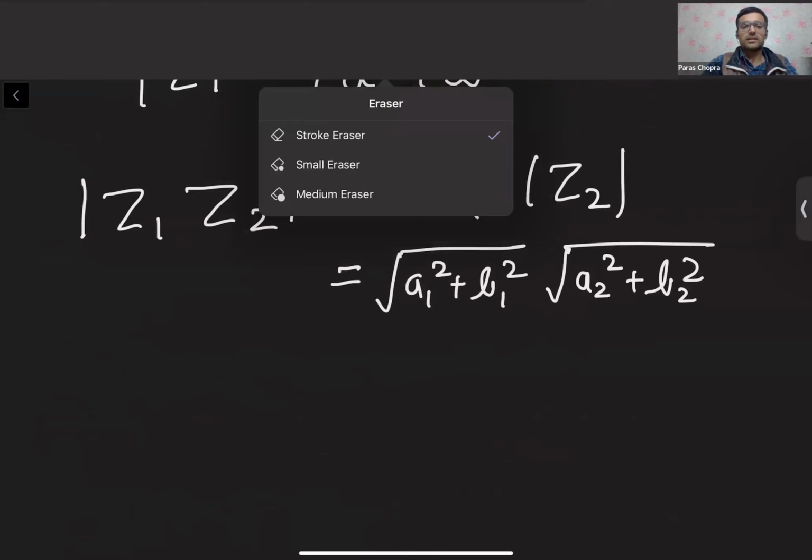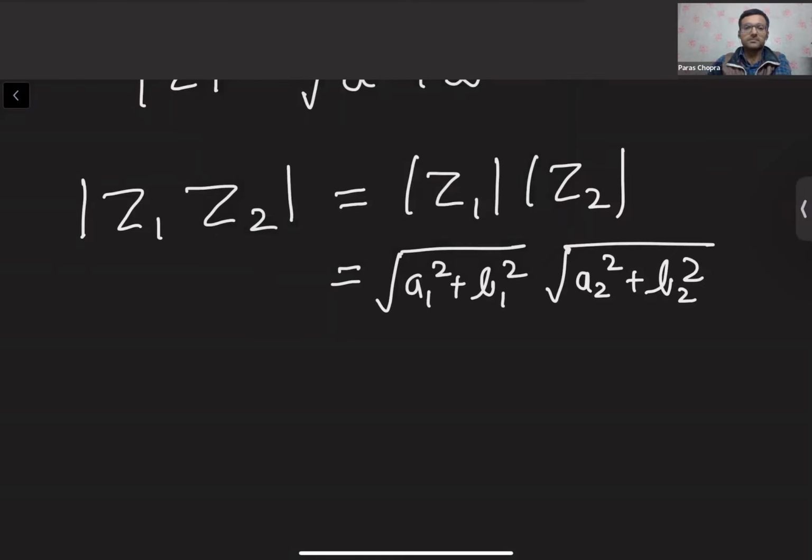ओके, एंड व्हेन विल टू कॉम्प्लेक्स नंबर्स बी इक्वल? जब उनका दोनों रियल पार्ट और इमेजिनरी पार्ट सेम हो। सो z1 will be equal to z2 only if a1 is equal to a2 and b1 is equal to b2। अगर सिर्फ रियल पार्ट इक्वल है और इमेजिनरी पार्ट इक्वल नहीं है देन द कॉम्प्लेक्स नंबर्स विल नॉट बी इक्वल।